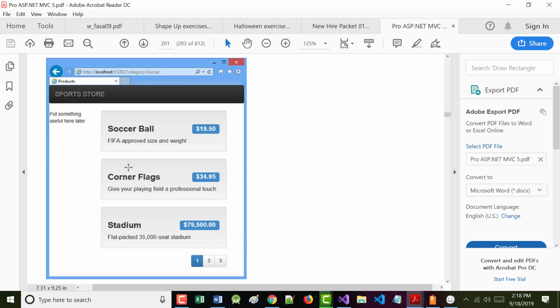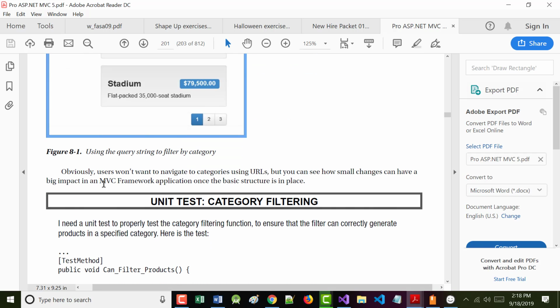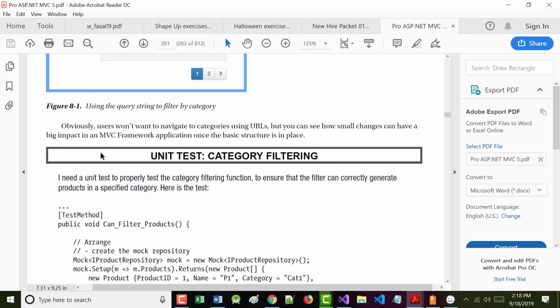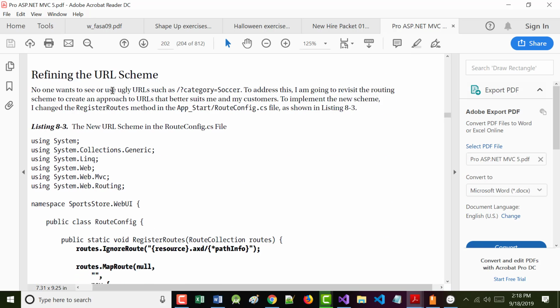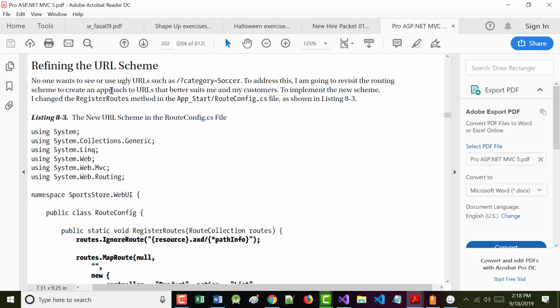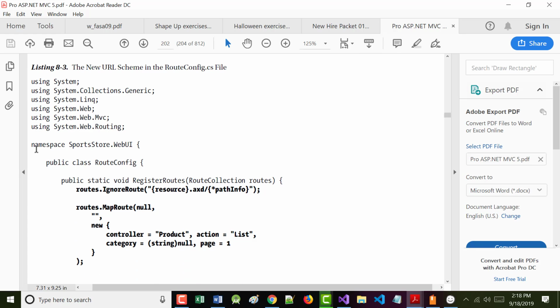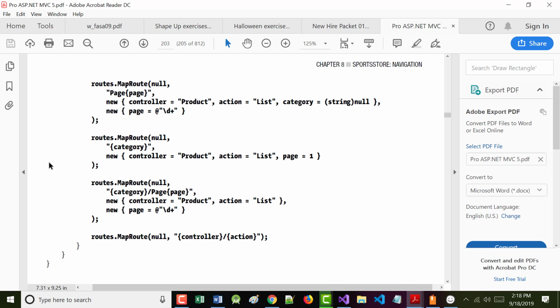So you saw that here. Then the author says, obviously we don't want to navigate that way, but just by making that small change, we got a pretty big benefit. So bottom of page 201, going on to the middle of page 202, there's another unit test. Now, I warned you this was coming. If you look up on the screen here, you look on the bottom of page 202, which is right here, and the top of page 203, which is right here.